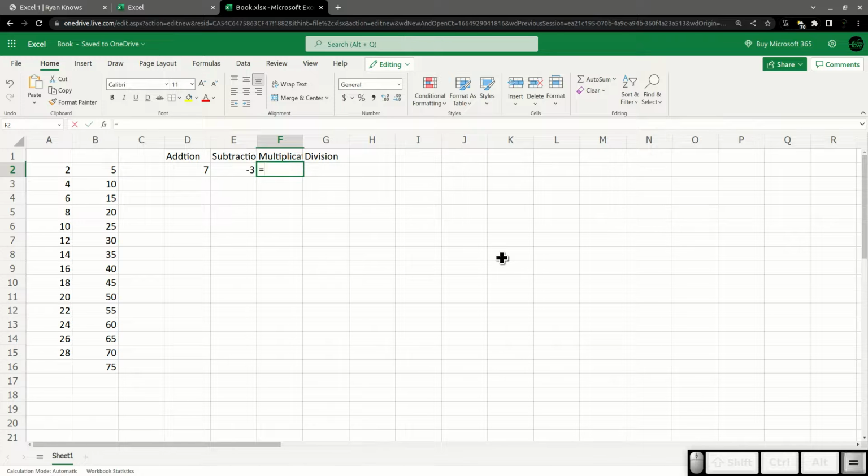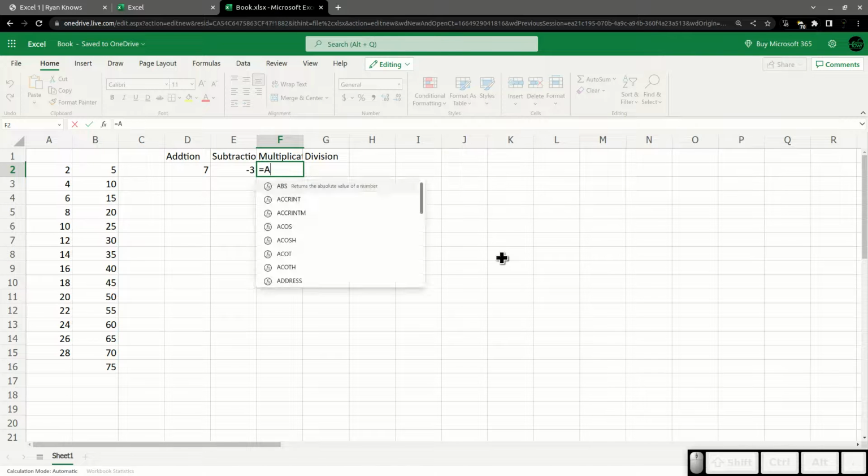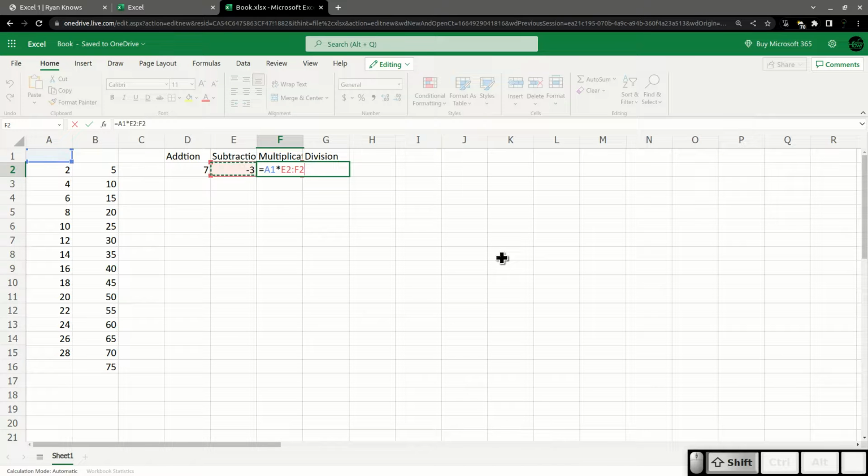And now for these ones, multiplication, if you're not used to doing computational stuff on a computer, is the asterisk. Oops. That's not what I wanted to do. There we go. The star, which is Shift 8. Or if you have a number pad on the side of your keyboard, there should be just a dedicated key for it.